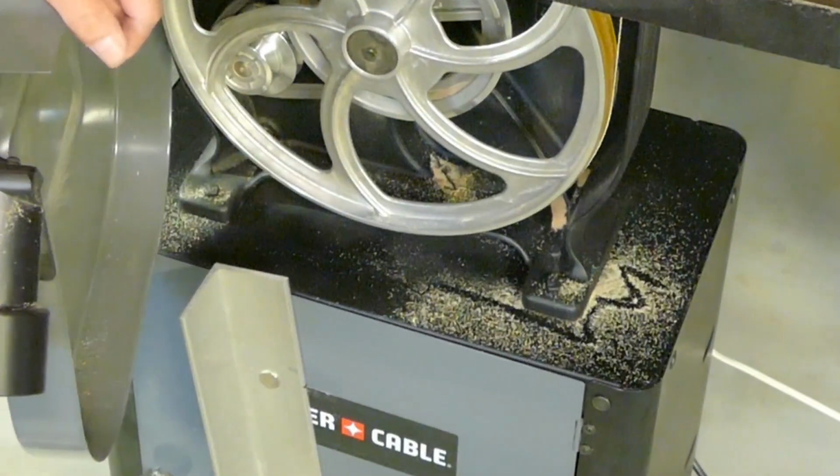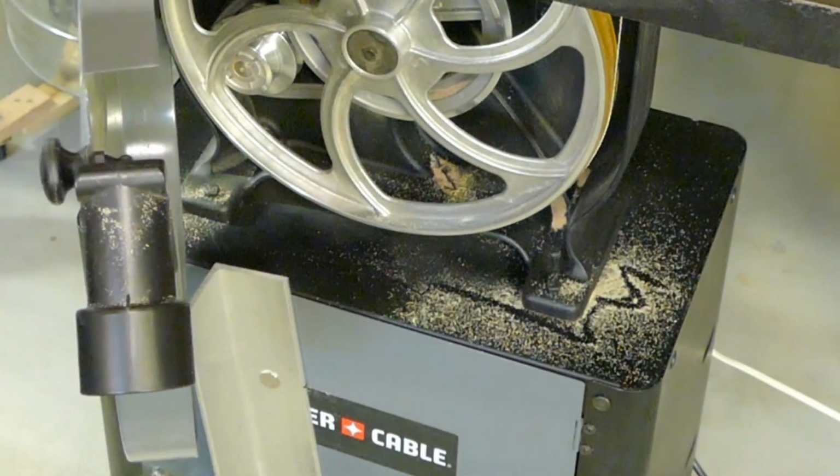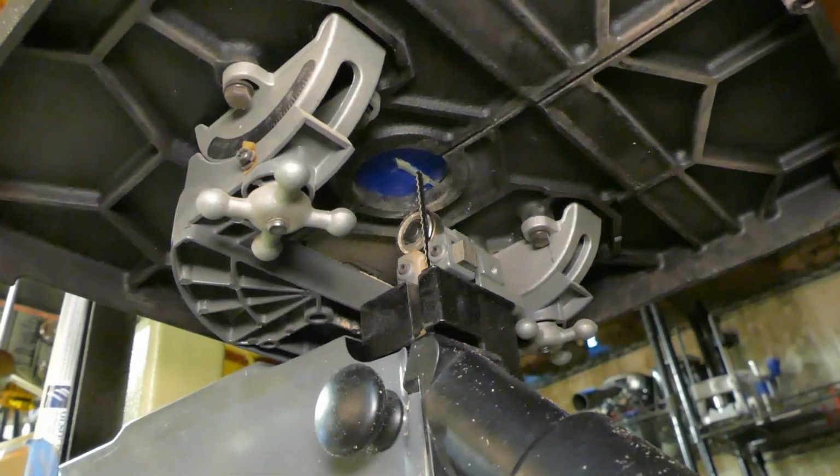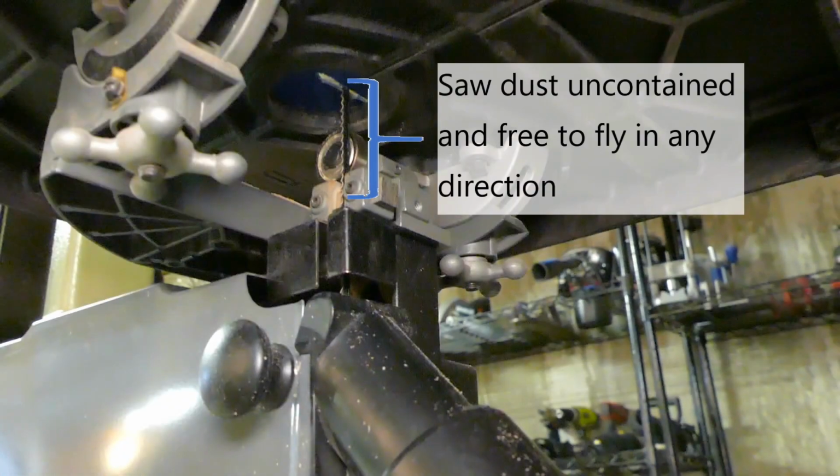And that was with factory dust pickup. You have such a small orifice here, the volume is so small that you quickly lose any ability to capture dust. To get an understanding of why the factory dust collection is so ineffective, first we have to look under